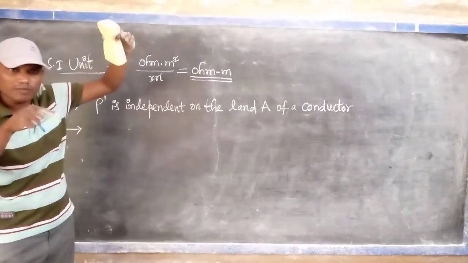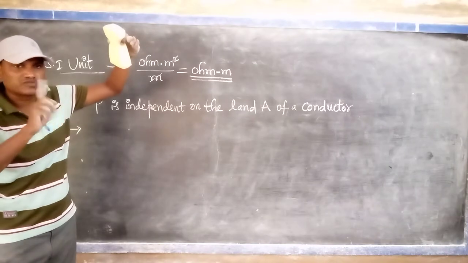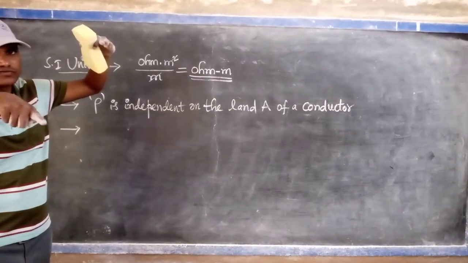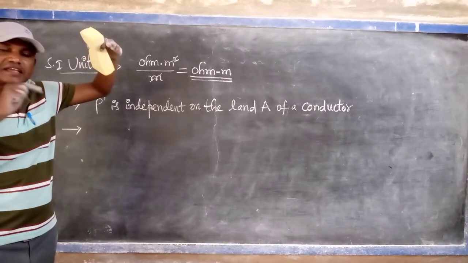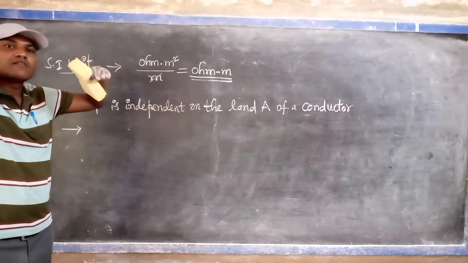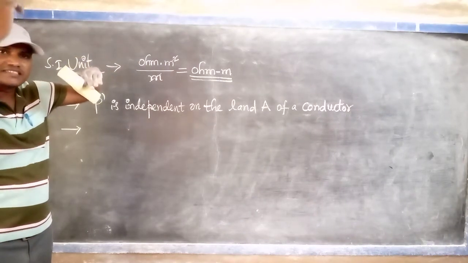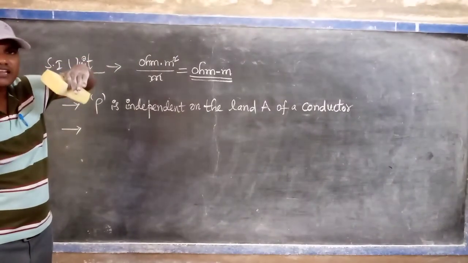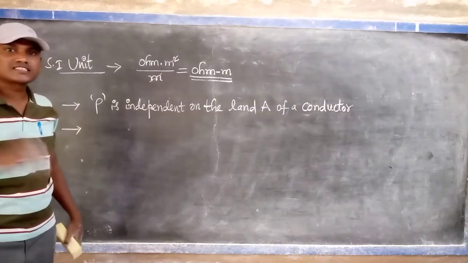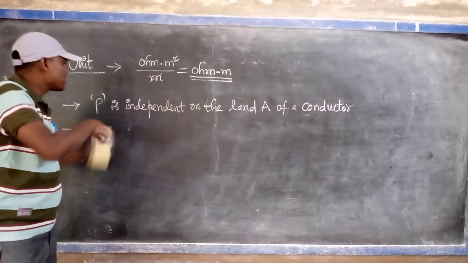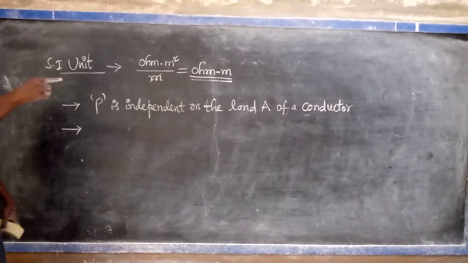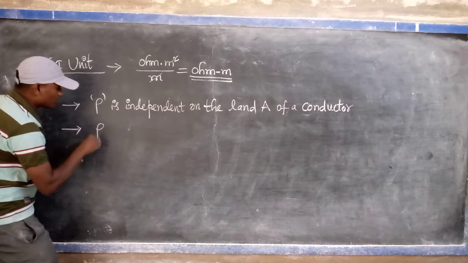By increasing the length, flow of current is decreased. By increasing the area of cross section, flow of current is increased. Finally, when both are the same, what is the resistance? It does not change. That's why rho is independent of the L and A of unit length and unit area. But rho